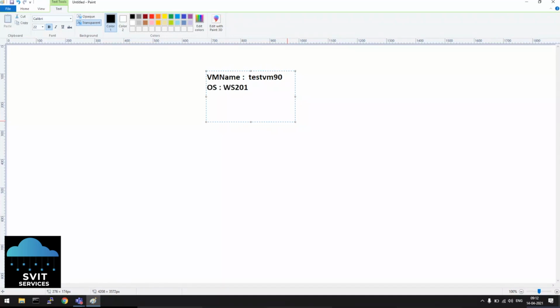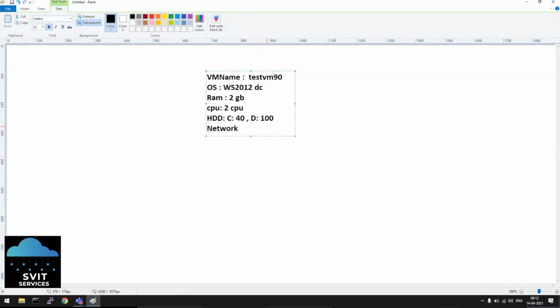Windows Server 2012, data center version, RAM 2 GB, CPU 2 CPUs, hard disk. Sometimes they will clearly give you C: 40 GB and D: 100 GB, like this. Sometimes they will give the network also.